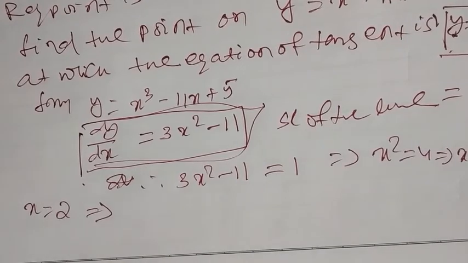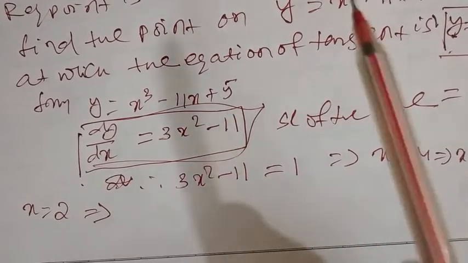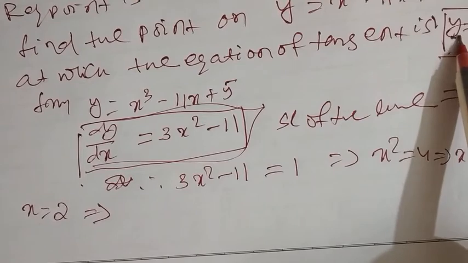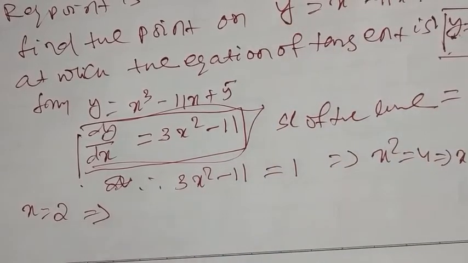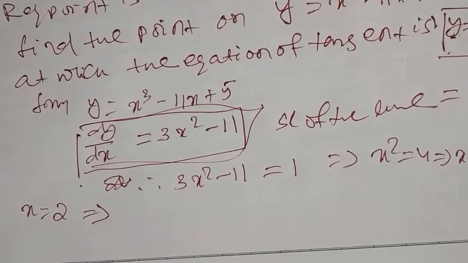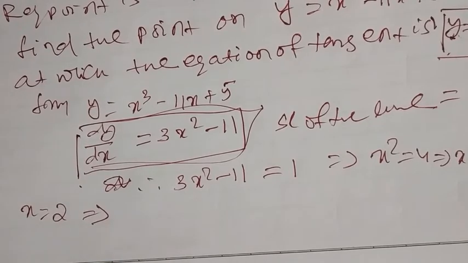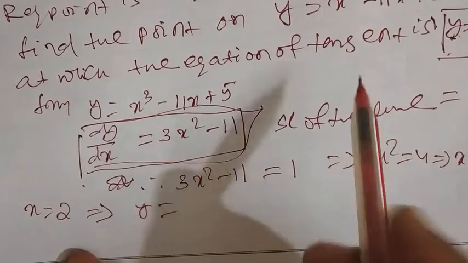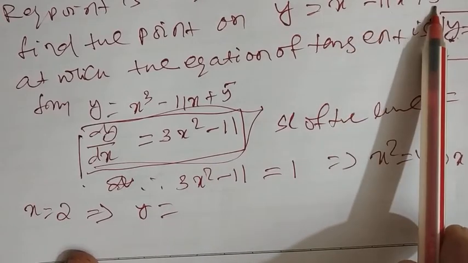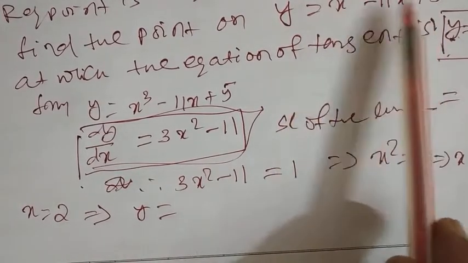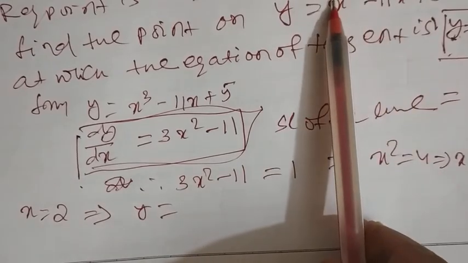Mark this. A simple idea. x2, that point lies both on the curve and on the tangent. तो तुम x का वैल्यू कर्व में पुट करके y निकाल सकते हो, लाइन में पुट करके भी y निकाल सकते हैं. बट जनरली वी डोंट डू दैट. हम इक्वेशन ऑफ कर्व में पुट करके निकालते हैं. तो x2 means y is 8 minus 22 plus 5, that is 13 minus 22, what it is? Y is minus 9.